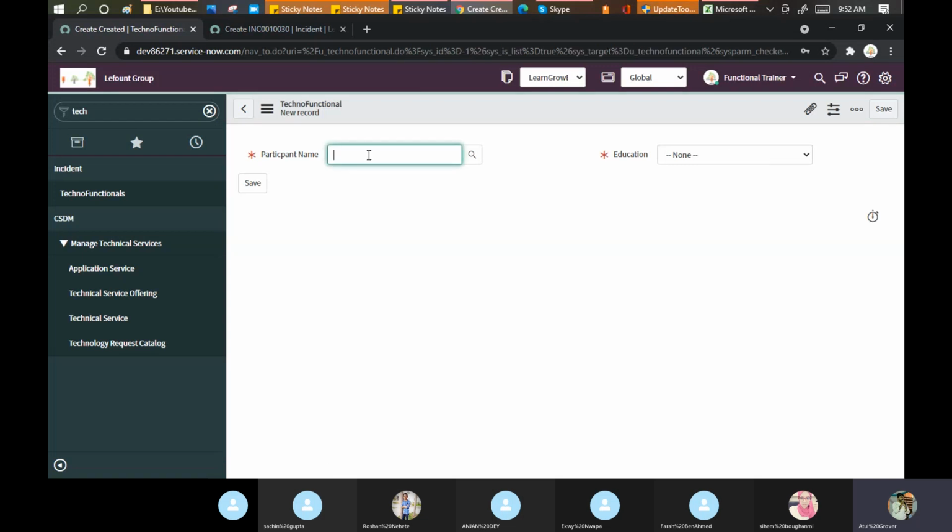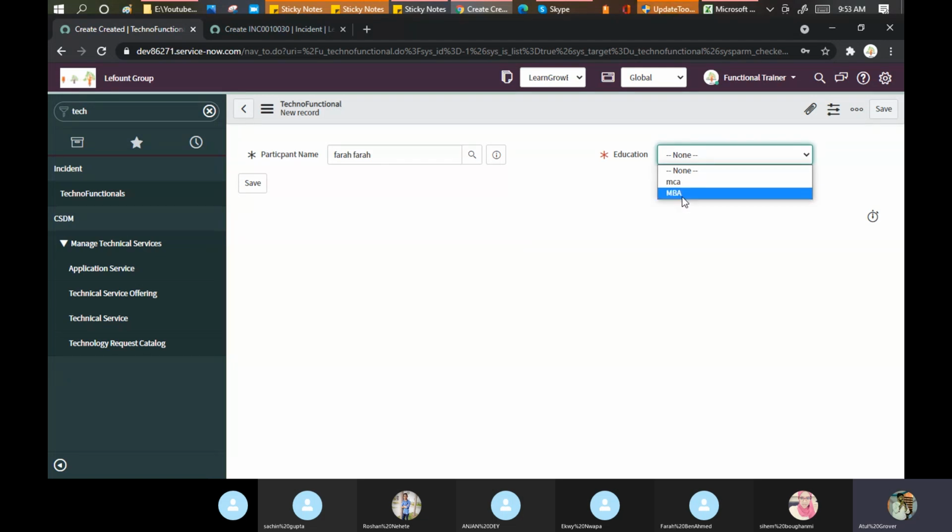See, participant name, I'm bringing it from the user table, Farha. Education, see. What I said is actually opposite. The label is coming, not the value is coming. I put MCA in caps in value, which is not coming.